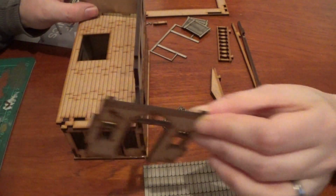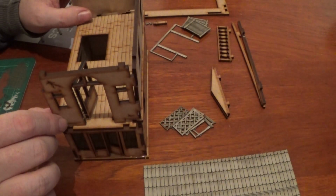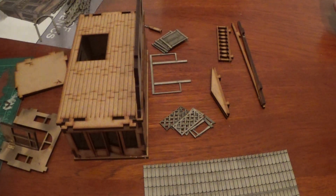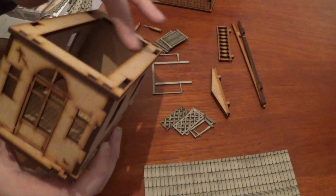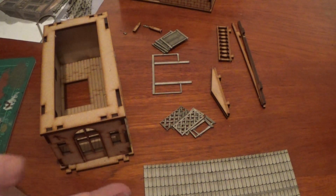And then on the front we have sort of the balcony window, opening window door thing. So I'm going to do the same again, glue these together, and I'm going to make sure the next part fits, which is the part for the roof, which is this. Okay, so there is the first floor together. I've put the roof bit on just to hold it together while I do the next part, which is this balcony part,